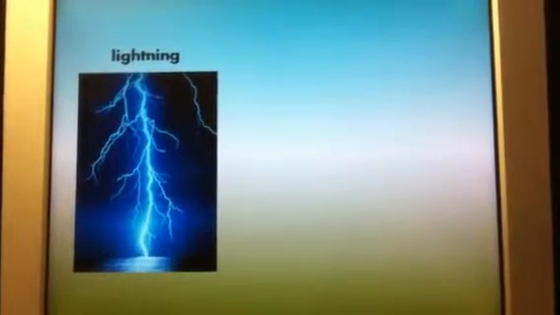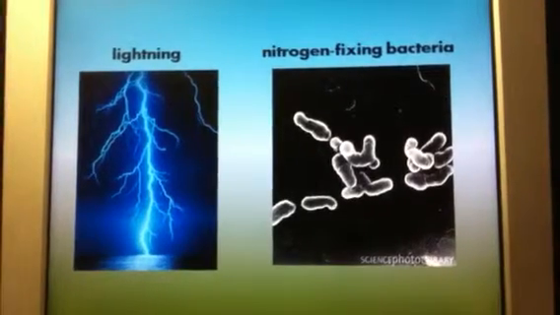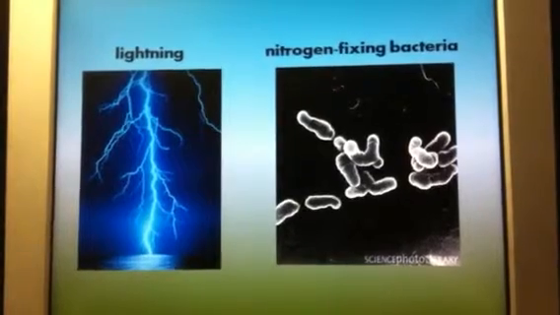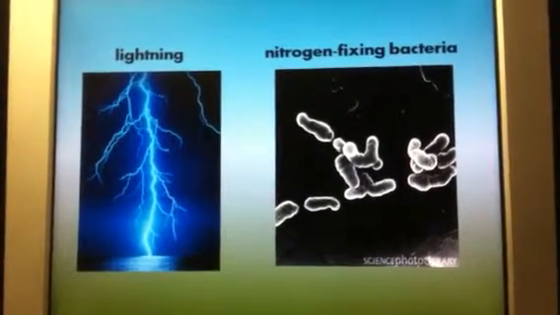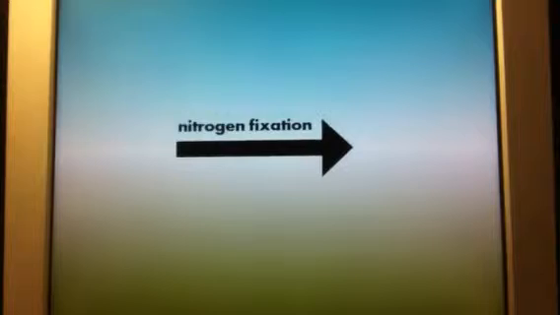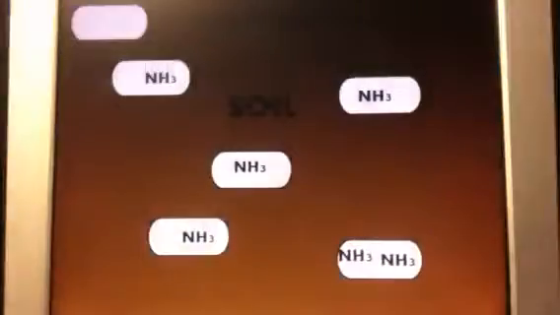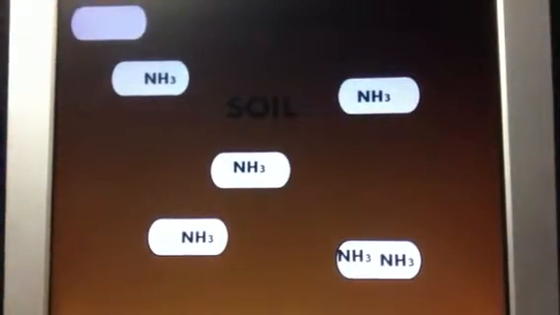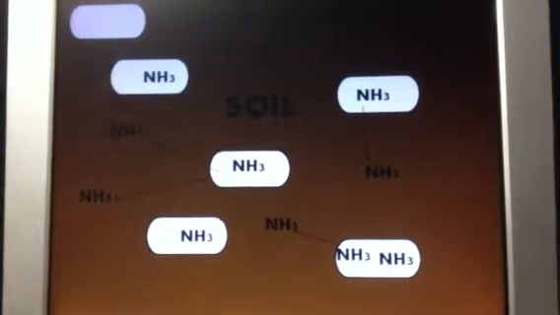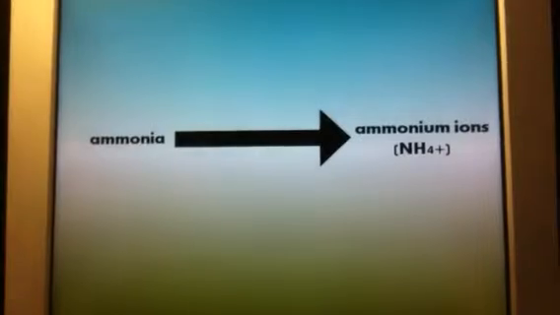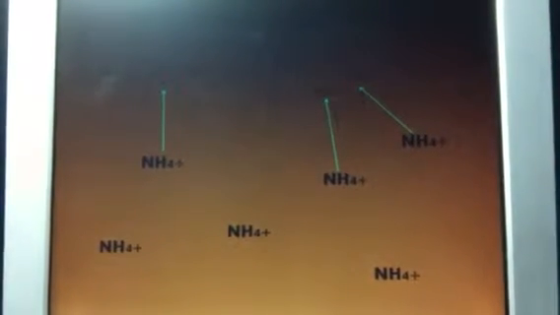Nitrogen is also fixed by certain bacteria found in the soil, the water, and special nodules on the roots of some plants. This bacteria is known as nitrogen-fixing bacteria. In a process known as nitrogen fixation, the bacteria combine nitrogen gas with hydrogen to form ammonia. The bacteria use some of the ammonia they create, but they also release some of it into the soil and water where they live. Some of the ammonia is converted into ammonium ions, which plants can take up through their roots and use as a source of nitrogen.